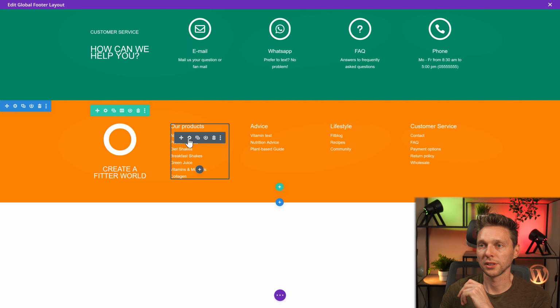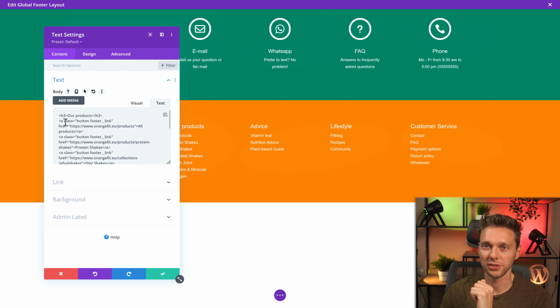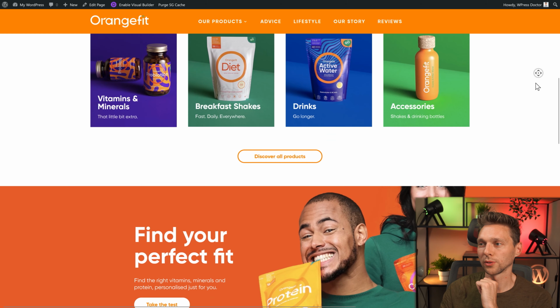And now the global footer looks a little bit strange. The funny thing is I always say when pasting, use this text. And if you don't do that, well, you copy all this rubbish. As you can see, I have copied with every link the class button footer link. So we have to remove all these classes in all these links to make it normal again. And now the website looks great again within WordPress.